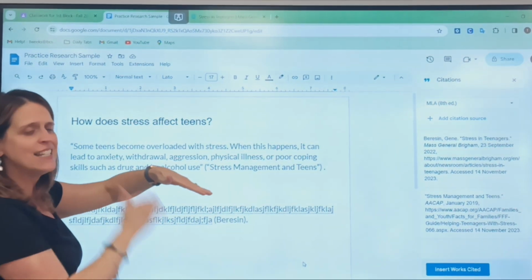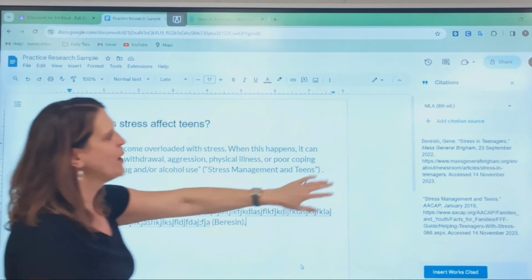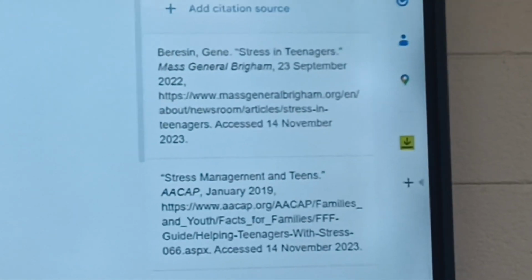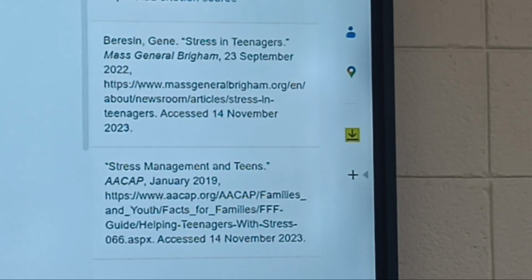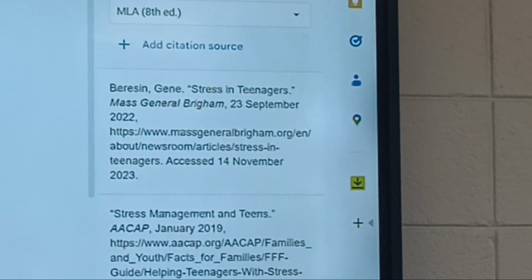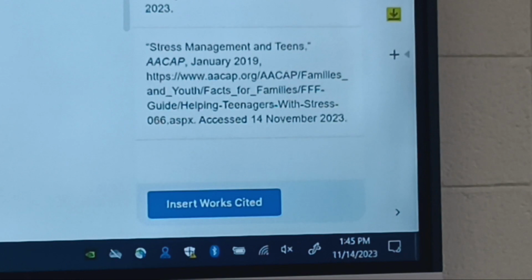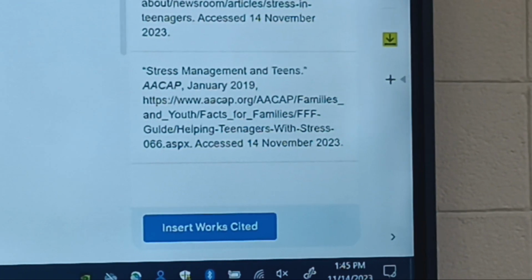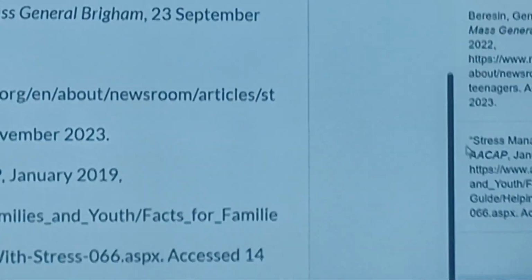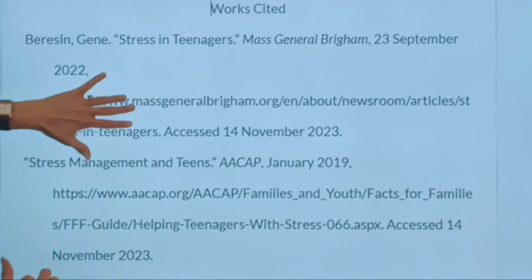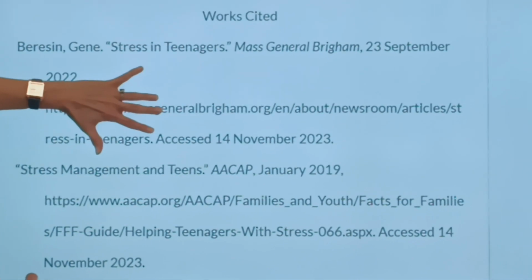Your very last slide says works cited. So we need this information on that slide. So how are we going to do that? I'm going to hit enter. And we're going to click that blue button that says insert works cited. And it automatically, scroll down for you, it automatically puts all that information correctly indented, alphabetical order, everything for you, done. Then you copy and put that into your slideshow.